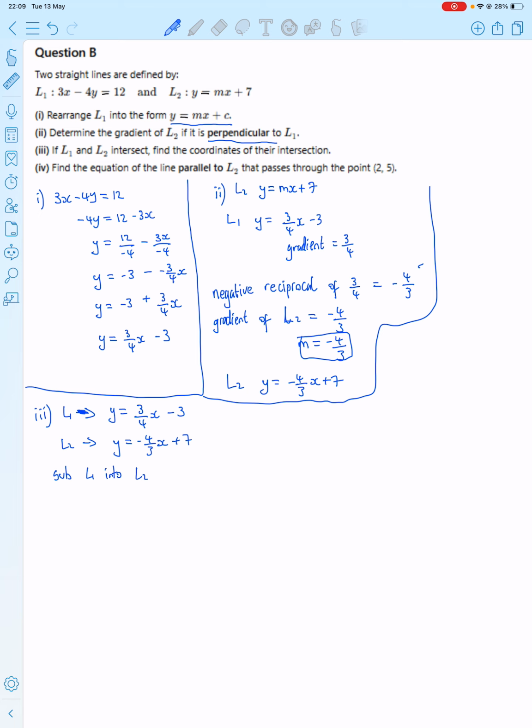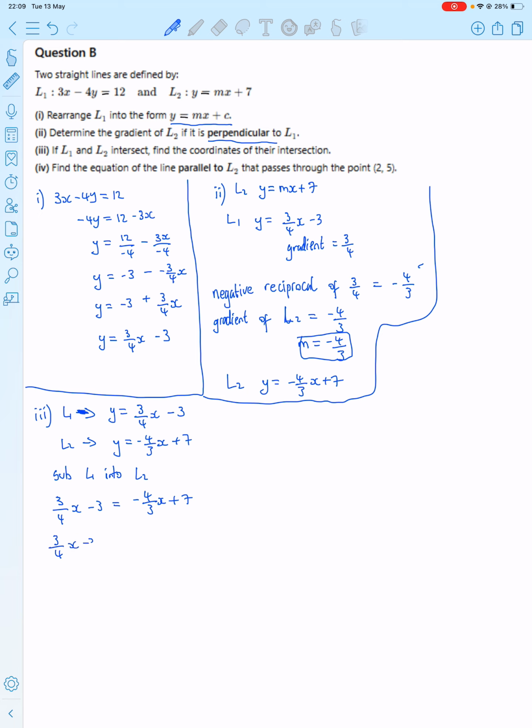Because y is equal to one thing, and y is equal to something else, those two things must equal each other. So we can say that 3/4x minus 3 is equal to minus 4/3x plus 7. What I'm going to do is take everything with x's on one side and everything without an x onto the other side. So adding 4/3 x to both sides, because we've got this minus 4/3 x, we end up with